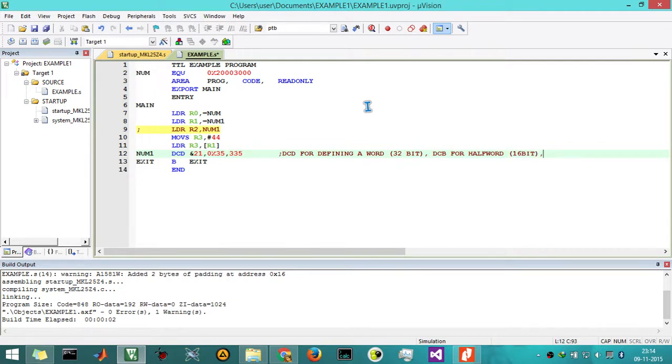Sorry, it is not DCB, it is DCW. And DCB for a byte, which is 8-bit. So in this way we can use the directives DCD or DCW or DCB depending on our need and requirement.